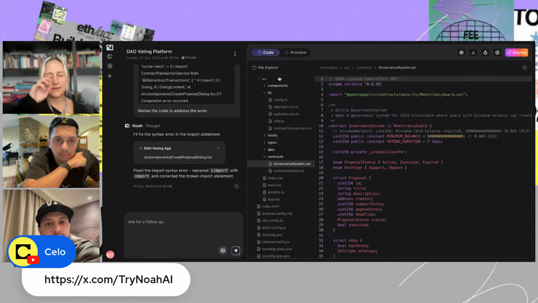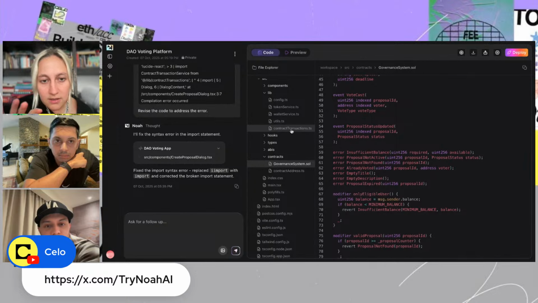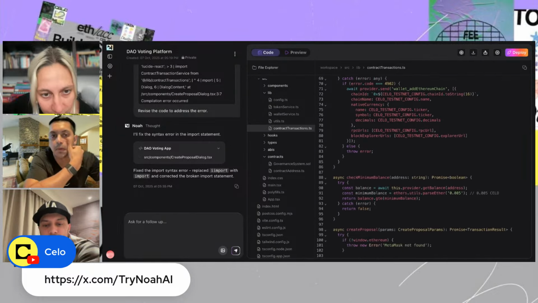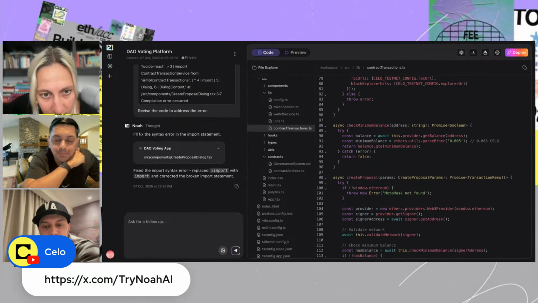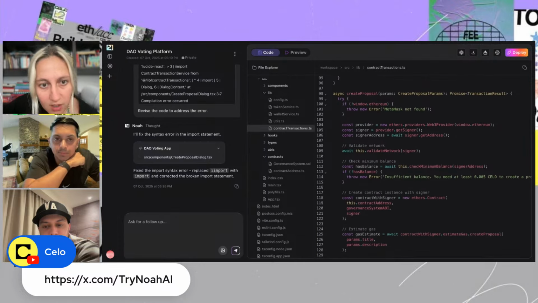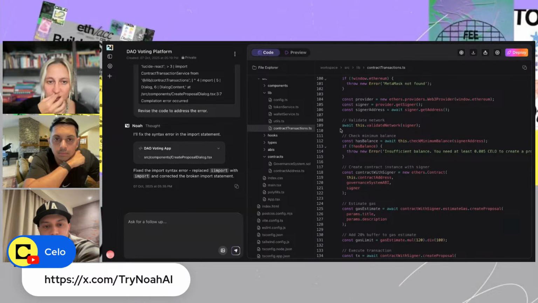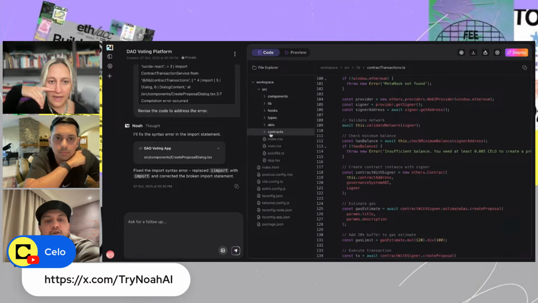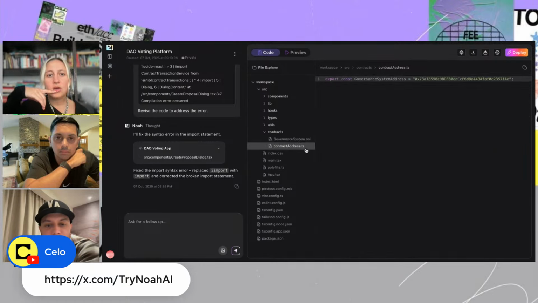Can you scroll, zoom in a little bit? Sure, this one or the whole coding section? For this one, yeah. Can you close the architecture a bit? So this is just my front end. Where can I find the smart contracts? The smart contract is in a different project, but you could also see the smart contract file here. And you have the smart contract file here, and that's the contract address.